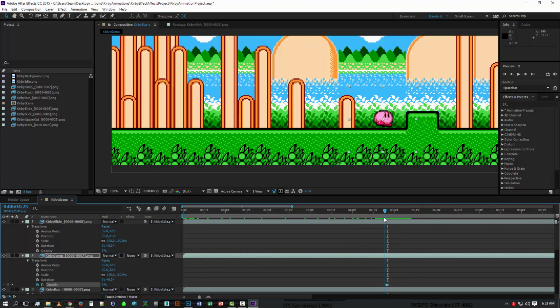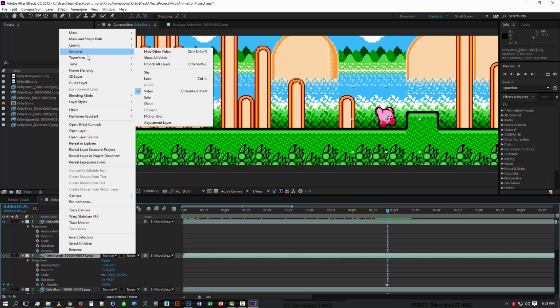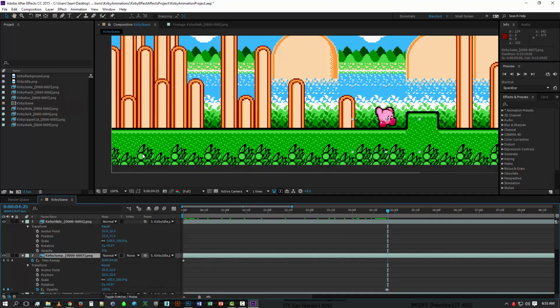Now, let's see. I'm not sure exactly where he's starting his animation. Maybe he's just starting to jump right now. We'll want to right click here, go over to time and enable time remapping. And we just want to make sure that this starts off at 0. Sometimes you have to do a little bit of math here because you have to be aware of how many